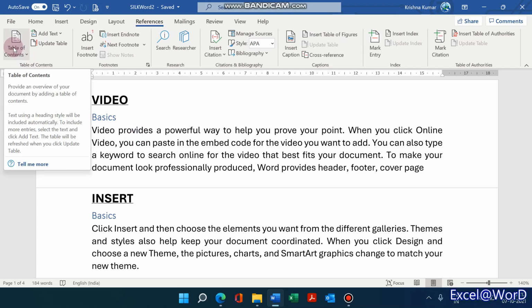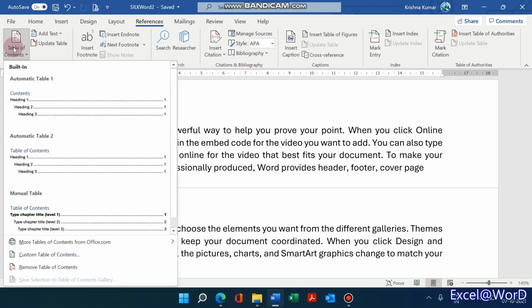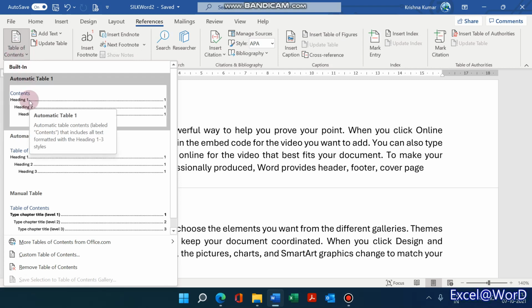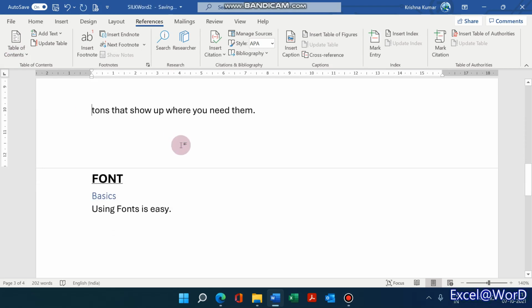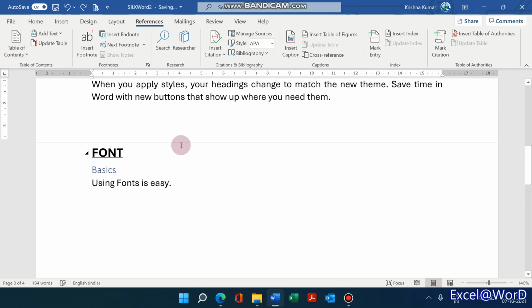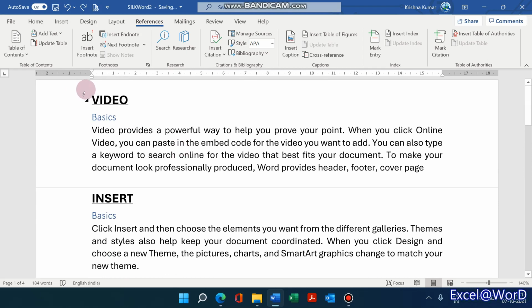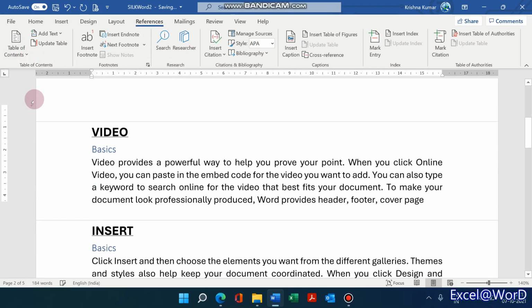What table of contents is basically the first index page, what we call it. I can have different styles here. Let us say I want the automated table 1. What happens here is that it should insert the table of contents.